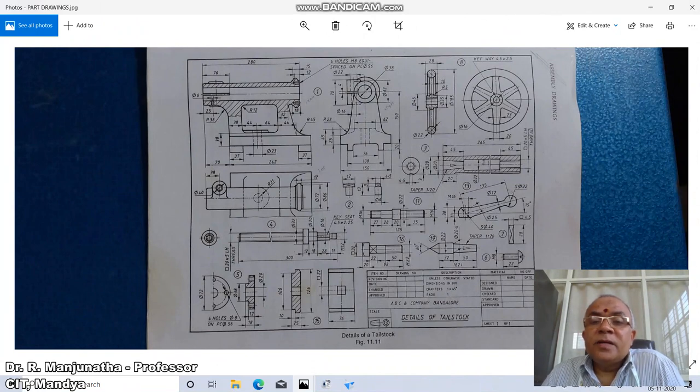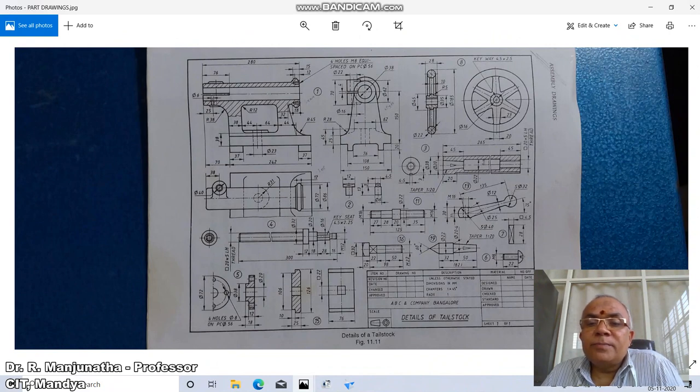So that means if you have a 20 mm diameter, what is going to be the diameter at this juncture? The diameter at this point is going to be 17.75. How? 1 divided by 20 into 45 mm length, so that means it is going to be 2.25. 20 minus 2.25 is going to give you 17.75. So this is how you will be able to calculate this particular diameter, that is the smaller one which you have.